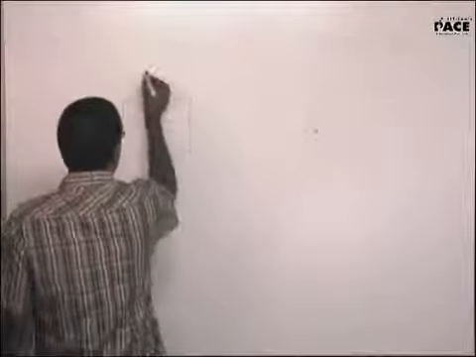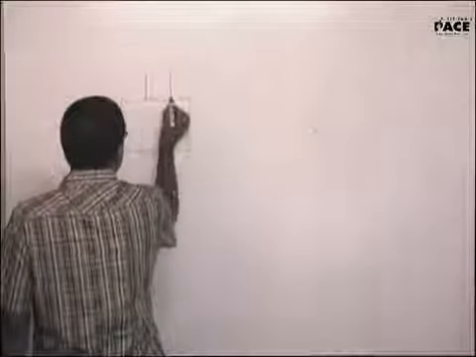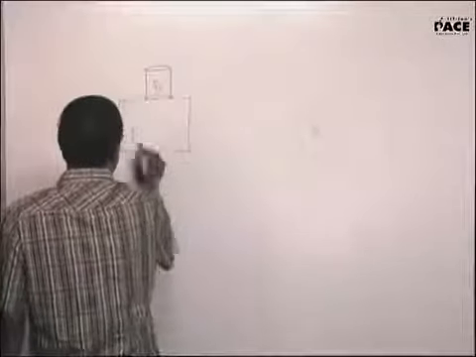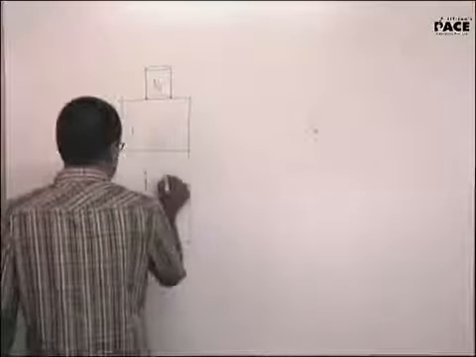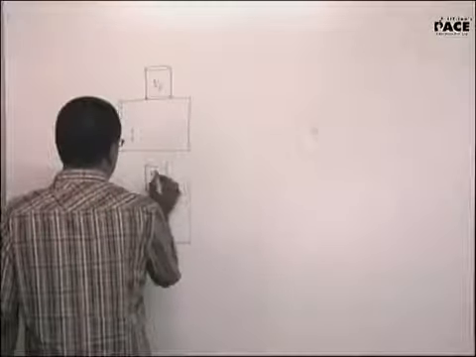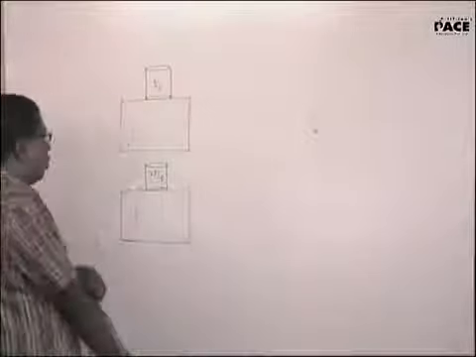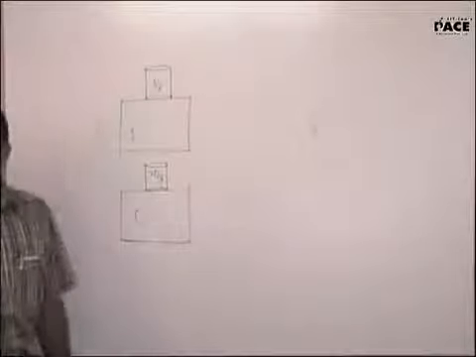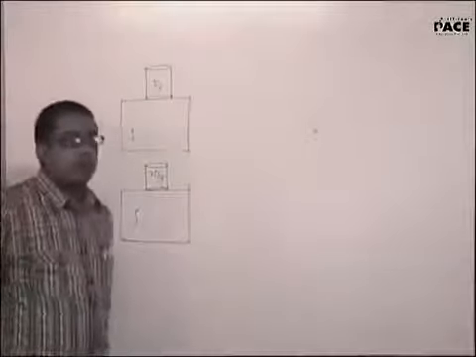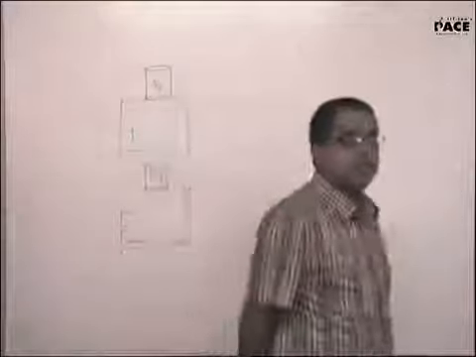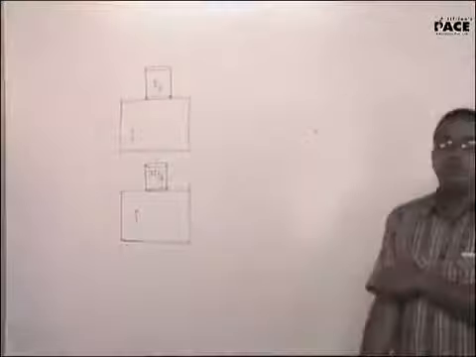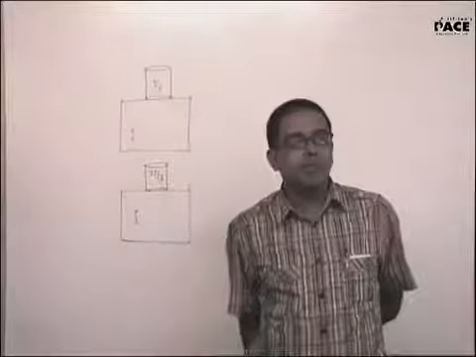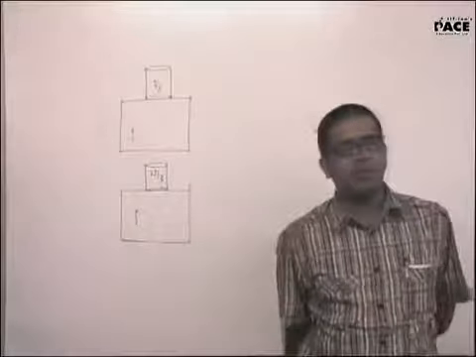Think carefully and solve this problem. This is a solid cylinder released from this position. Density of this is rho by 3 and density of this is rho. Here the same solid cylinder of density 2 rho by 3 and density of the liquid is rho. This is a liquid. The solid cylinder is released from the upper surface of the liquid. Which among the two will perform SHM? Will both of them perform SHM or will none of them perform SHM?